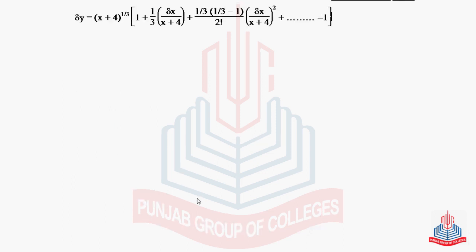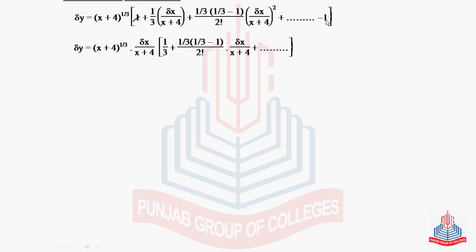Again the same step. Now simplifying, this plus 1 and minus 1 will be cancelled out, and delta x over x plus 4 can be taken as a common factor. We have delta y is equal to x plus 4 raised to the power 1 by 3 times delta x over x plus 4, and in the bracket we have 1 by 3 plus 1 by 3 into 1 by 3 minus 1, over 2 factorial, and delta x over x plus 4, and so on. Dividing both sides by delta x,